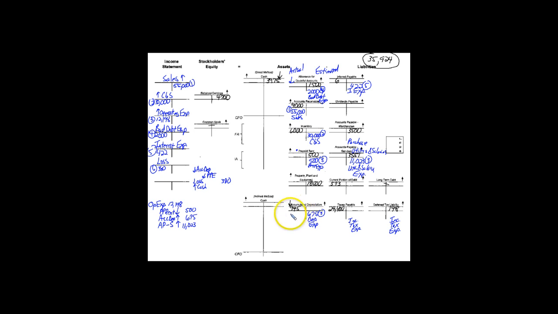So there had to have been credits during the month of $1,620, a credit of $1,620 with this debit of $675 for an overall decrease in that account of $945. Say that again: there had to have been credits less this debit for depreciation expense to cause the account on the balance sheet to go down $945. So this is from the sale